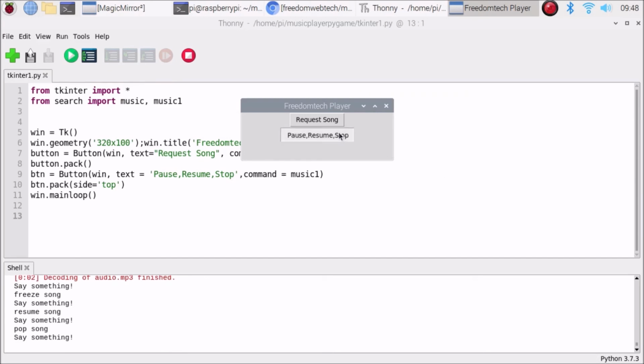Okay, stop song. Stop song. Stop song. As you can see, the stop song worked and our song is now stopped.